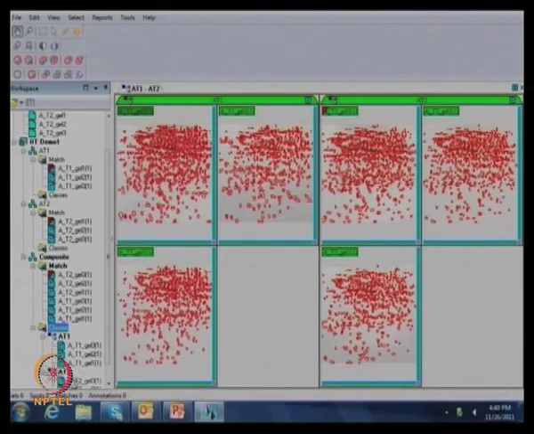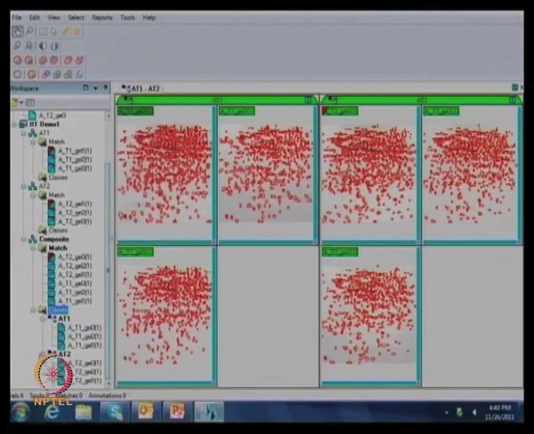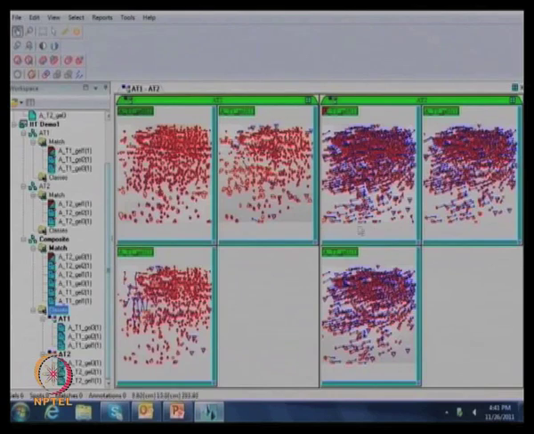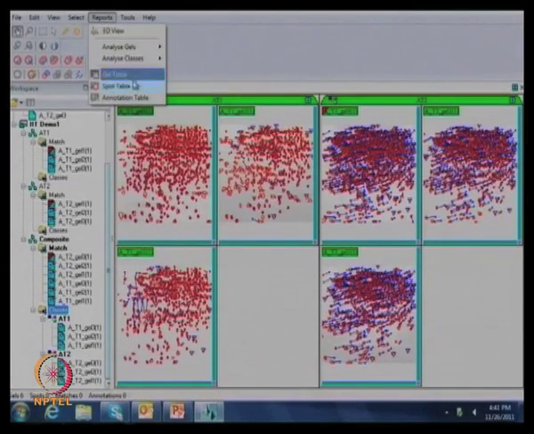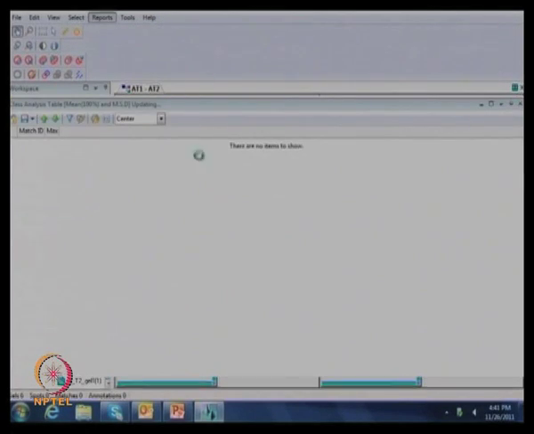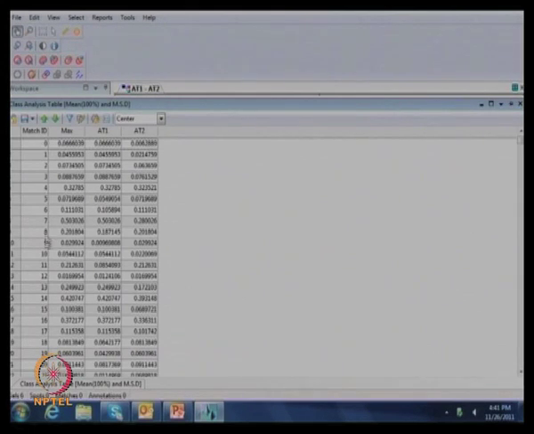Once you have done the same thing, quickly match them again. One can remove all these vectors by adding our particular landmark. This is the same process we did earlier. Now go to reports, where you can see the analysis classes. Go to table. Now you have the match ID. The match ID is the particular spot number, as well as the maximum area. What are the maximum areas, as well as the 81 value and the 82 value.